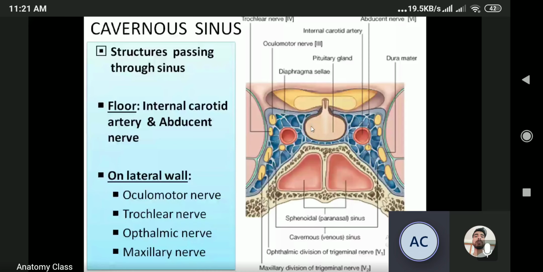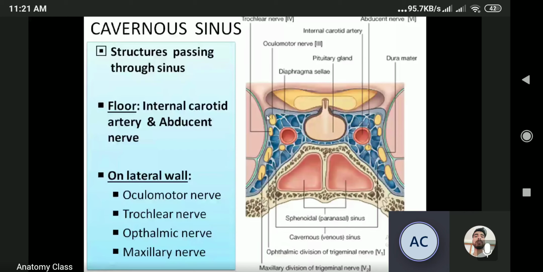Okay, and we should know about the structure passing through the cavernous sinus. So numbers of structure passes through this cavernous sinus. One of the important one being this internal carotid artery. This is one of the most important artery which supplies the brain. Okay, internal carotid artery, and just inferior lateral to internal carotid artery, this nerve is known as abducent. So towards the floor, internal carotid artery and abducent nerve passes through the cavernous sinus,